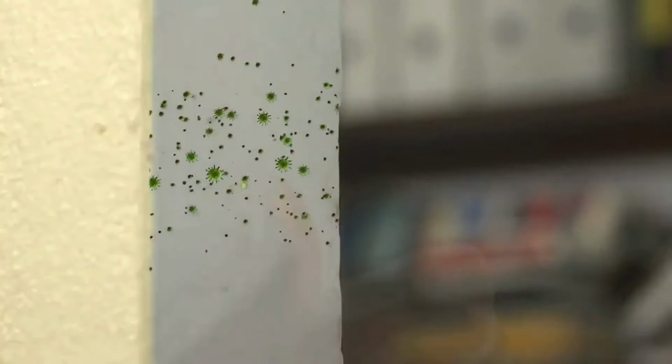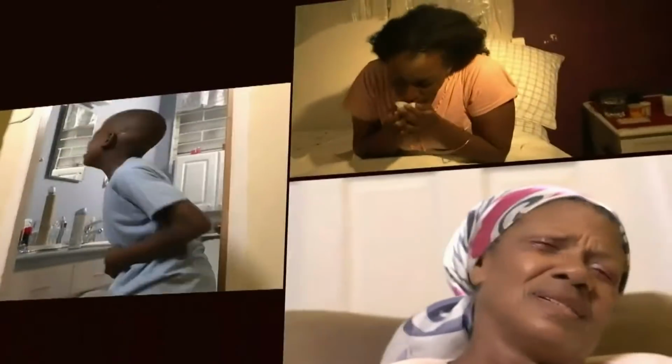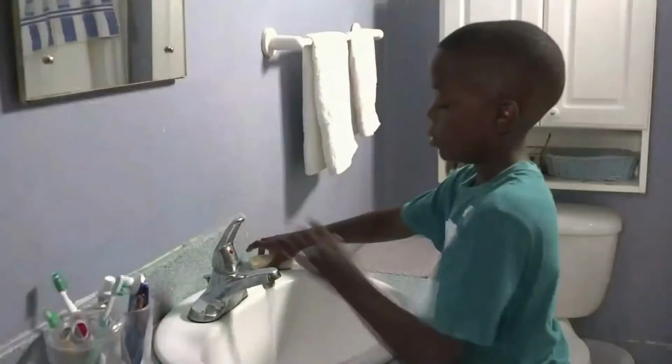What can a little germs do? Pink eye, running belly, even flu. Germs can make them happen to you. Put germs on a manners with these. Cover your mouth when you cough and sneeze. Always wash your